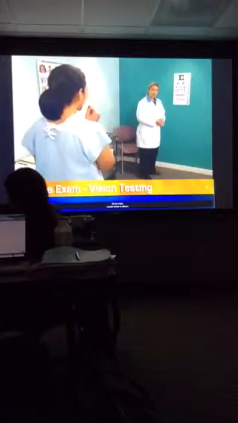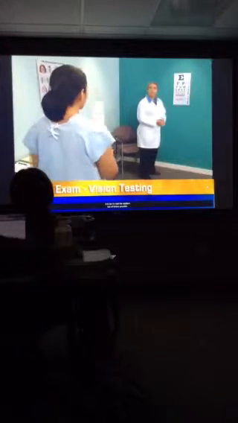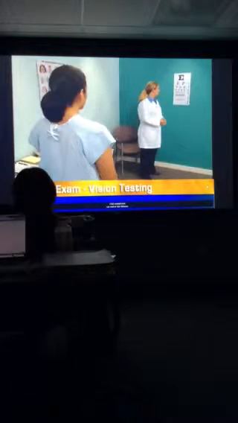If she wears contact lenses or glasses other than reading glasses, tell her to keep them on. Ask her to read the smallest line of letters possible. Please cover the other eye. Then have her cover the other eye and read that line of letters backward. Normal visual acuity is 20/20, which means that the person can read at 20 feet what normal eyes can